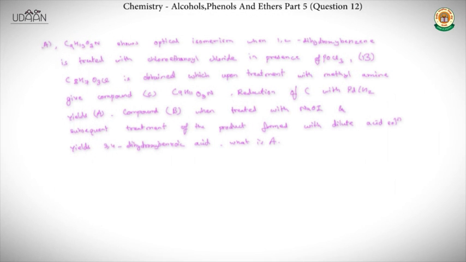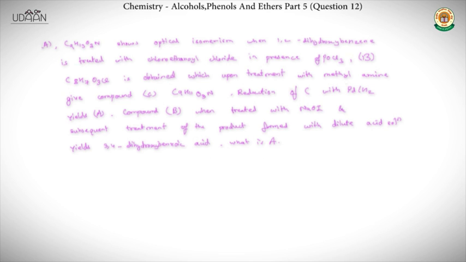So, let us start with the last question of our topic, question number 12, and let us see how to approach it. So, first of all, let us see what is there in the question. A compound C9H13O3N shows optical isomerism. When 1,2-dihydroxybenzene is treated with chloroethanoyl chloride in the presence of POCl3,